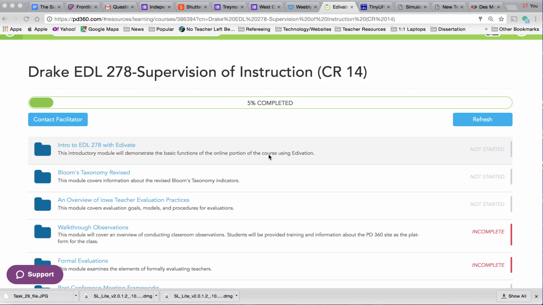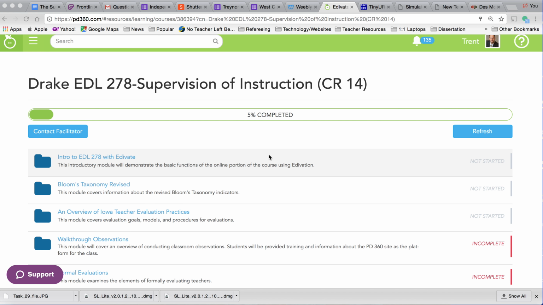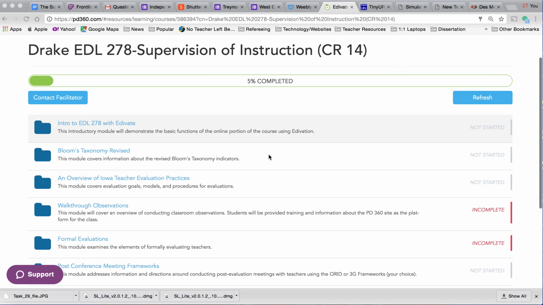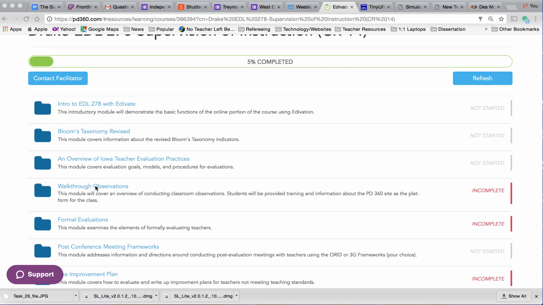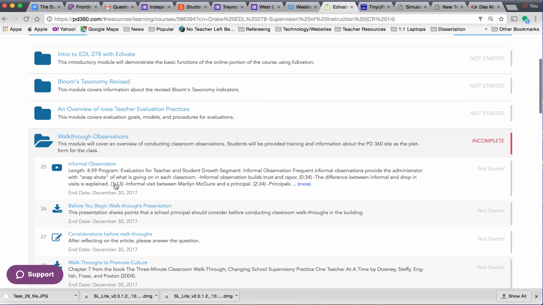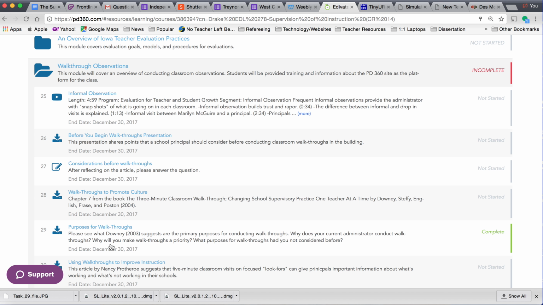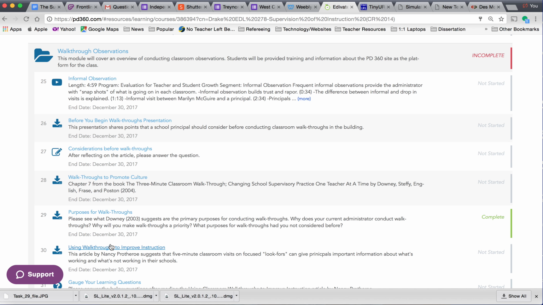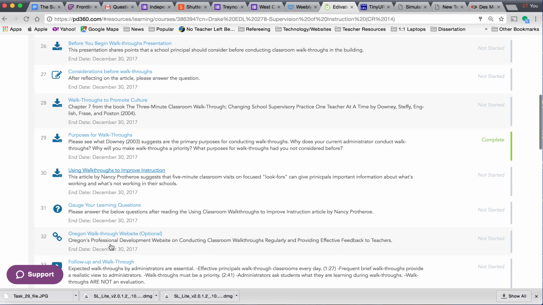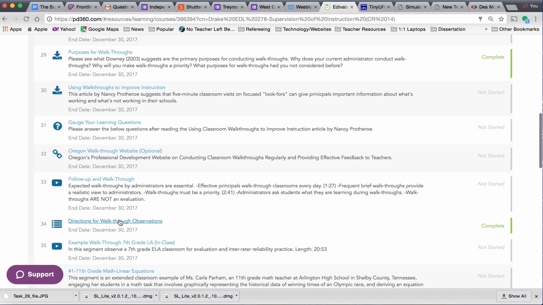So I am in the Edivate course here. I know you've progressed because I've been following your progress behind the scenes. When it gets to your actual walkthrough observations, we'll go down to this folder, walkthrough observations. I'm going to ask you to chronologically work through these tasks. I believe you're somewhere in the upper 20s already. When we get down here to the actual walkthroughs, we get to the directions here, and I'm just going to